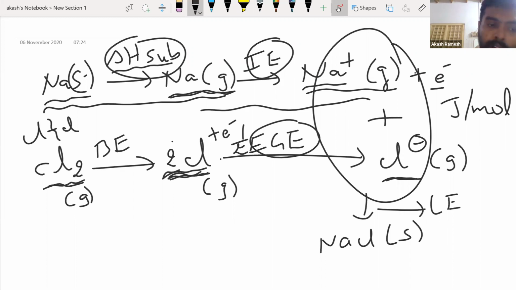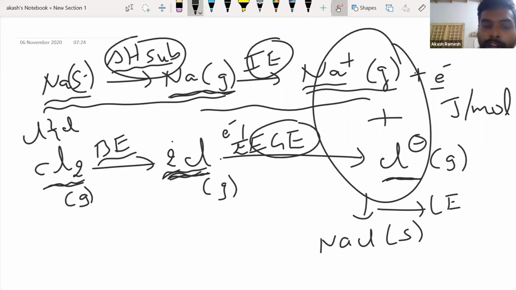Now when I come back to chlorine, chlorine will be in molecular form, that is Cl2, in gaseous state. And obviously molecules cannot form ions, only atoms can form ions. So first I have to make sure the bond is broken, converting the molecule into atoms. So it is going to be the enthalpy of atomization or bond enthalpy to form two chlorine atoms. Don't get confused with this plus. It's just the plus electron which I'm adding. So this is my chlorine atom.